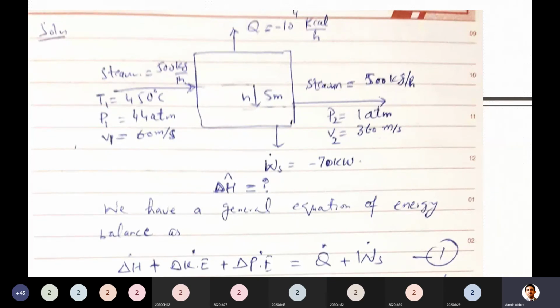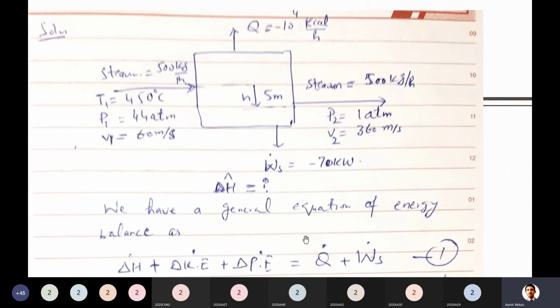But as we have to find a change, it means we have to find the change in enthalpy. And because your mass is given as a mass flow rate, you will need the change in enthalpy per unit time. You know that you have this simple general equation. In order to find this, what you need are two terms: the change in enthalpy per unit time over the mass flow rate. The time will cancel with the time and you will get the answer in the form of specific enthalpy. So this is the equation for open systems.